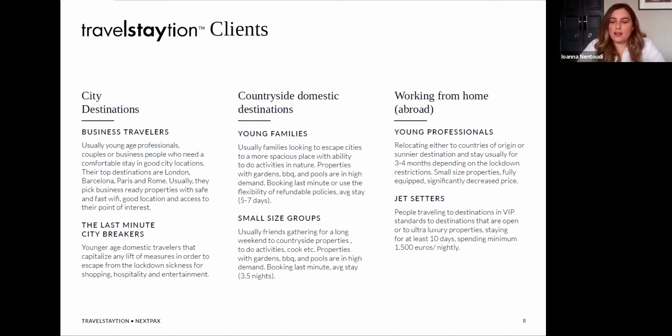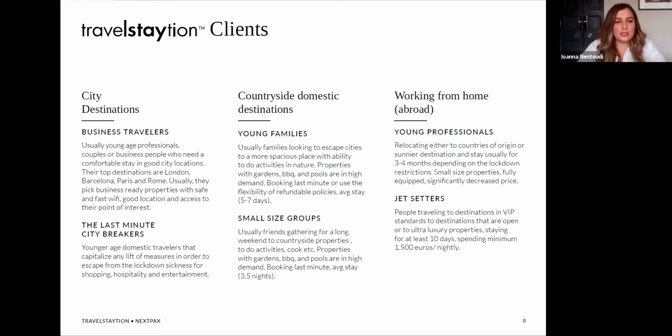Continuing to the clientele of TravelStation, we have identified 3 main categories based on the type of destinations they choose. So we have the city destinations, where we can find the business travelers that usually travel to top destinations like London, Paris, Barcelona, and Rome, and they usually select to book business-ready properties with safe and fast Wi-Fi, good locations, and very good access to their point of interest.